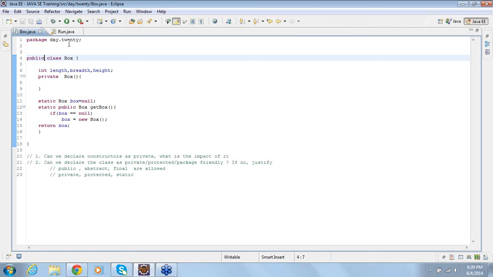In your JVM architecture, your class loader will load the .class files. But if you make it private, how will your class loader be able to load your .class files? So you have all these concerns. So private and protected are not allowed, whereas no access specifier is allowed. When I say no access specifier, it is nothing but package friendly.